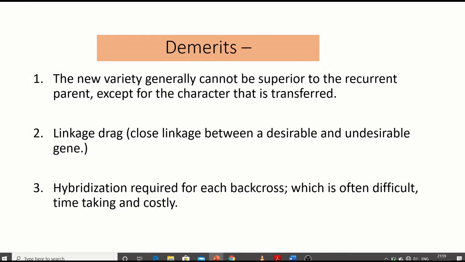Coming to the demerits of the backcross breeding program, the new variety generally cannot be superior to the recurrent parent, except for the new variety not being far more superior. After doing several backcross breeding cycles, the new variety is not far more superior. The only improvement is the donor genes. Our intention is this only, but the thing is,